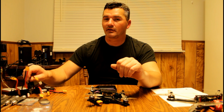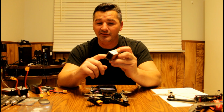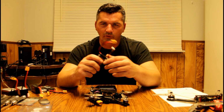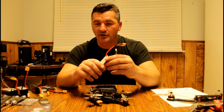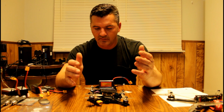So I said, I'll take some weight off and I'll go with a 3S 1500 milliamp and see where I'm at. Of course, when you bump up in cells, you're going to get more power, but for S&Gs, I thought I'd give it a shot. And this battery comes in at